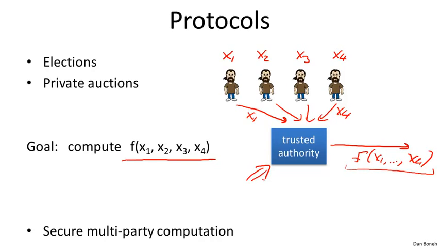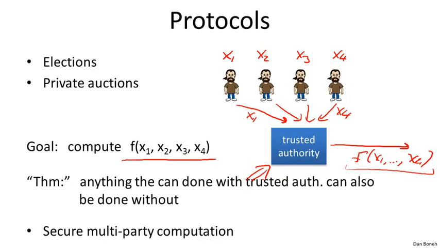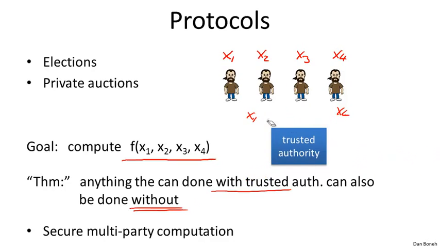And so there's a very central theorem in crypto. It really is quite a surprising fact that says that for any computation you'd like to do, any function f you'd like to compute with a trusted authority, you can also do without a trusted authority. Let me at a high level explain what this means. Basically, we're going to get rid of the authority, so the parties are not going to send their inputs to the authority, and in fact there's no longer going to be an authority